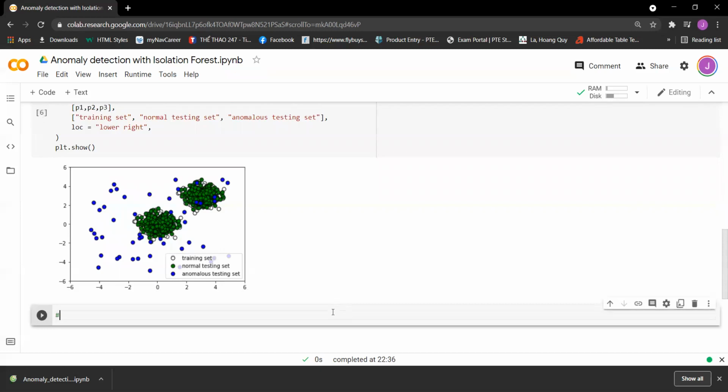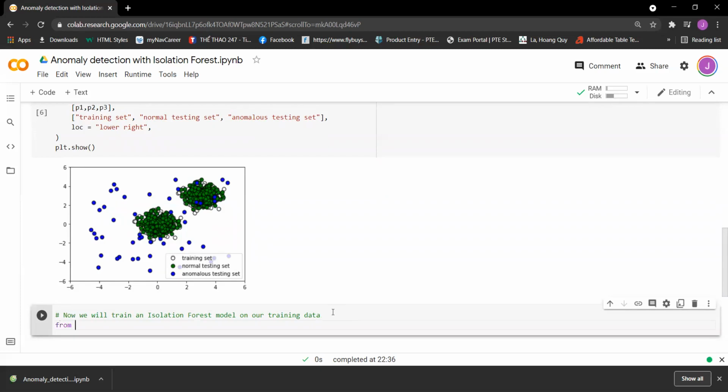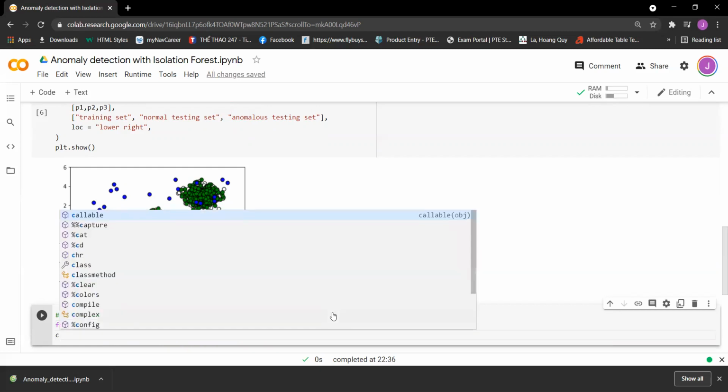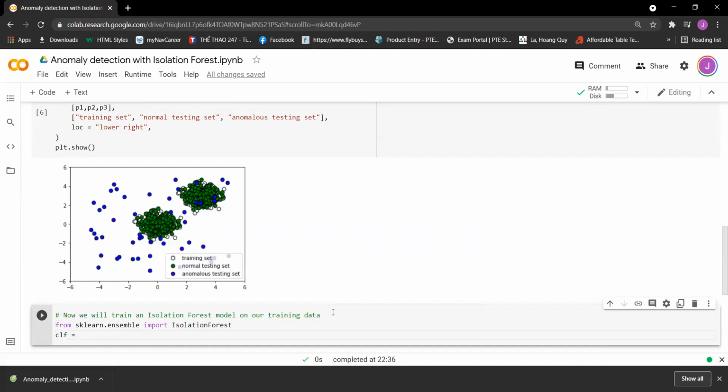So now we will train an isolation forest model on our training data. So we have, from sklearn.ensemble, and then we'll import IsolationForest, and now we have clf equal IsolationForest,